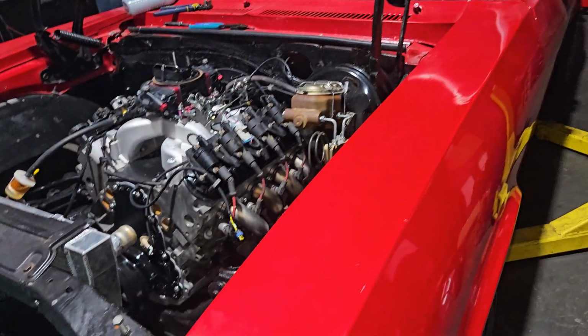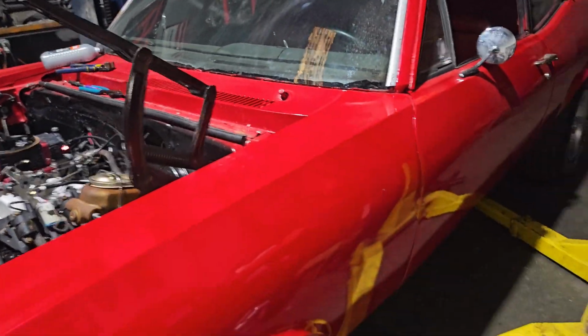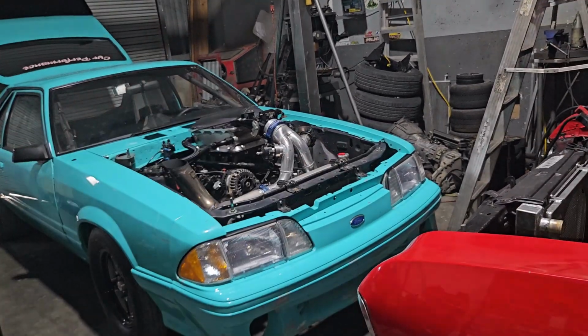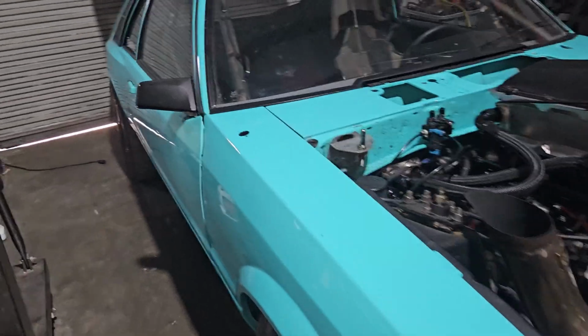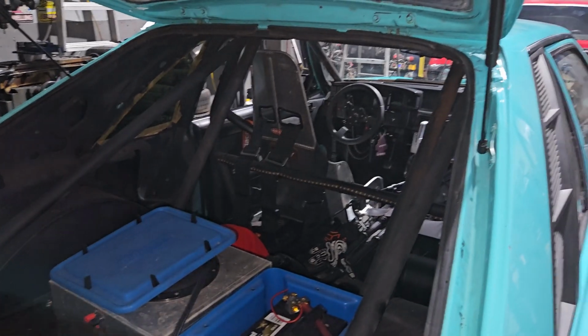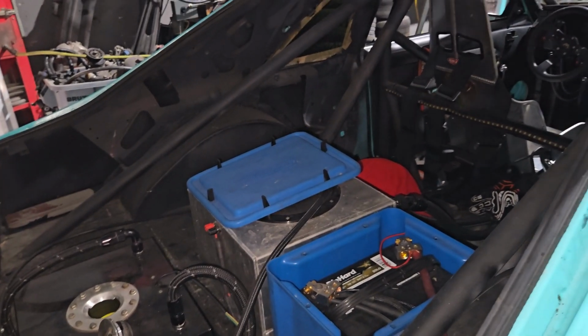But I got far on this, and the reason that I'm stopping everything basically. Anybody that has been on this channel since kind of the beginning, this is the first car that came to me to get a lot of fabrication. Big shout out to Ryan Brown. He brought me his car to get the cage welded in, and we did that for him, and he was really happy with that. So he just started spreading the word, and this